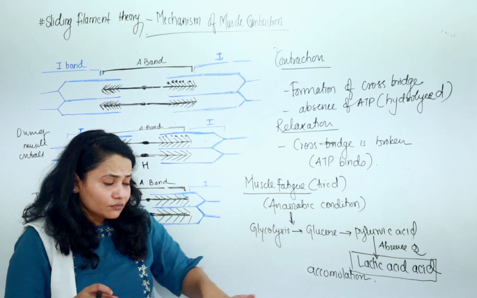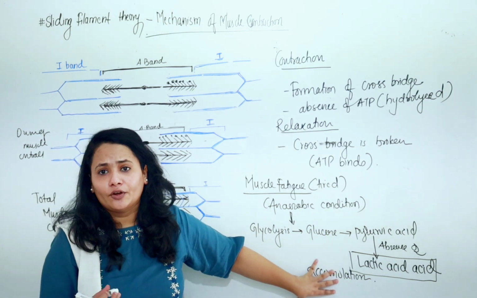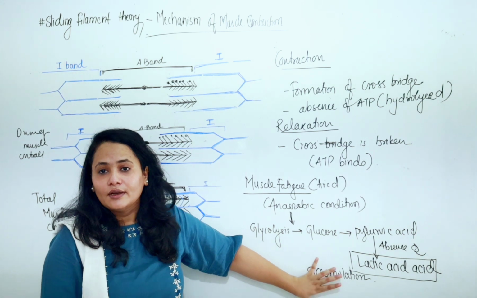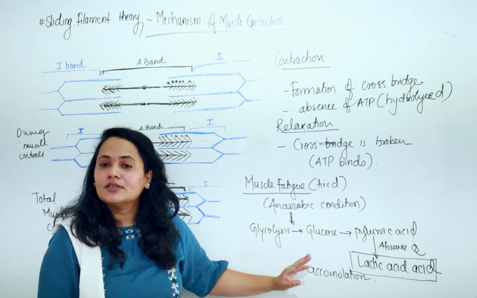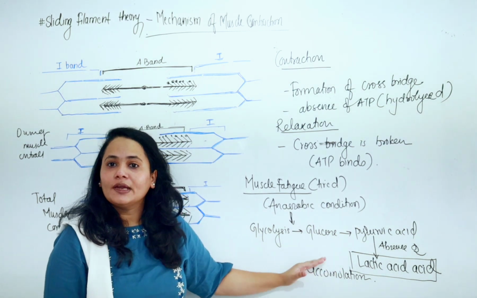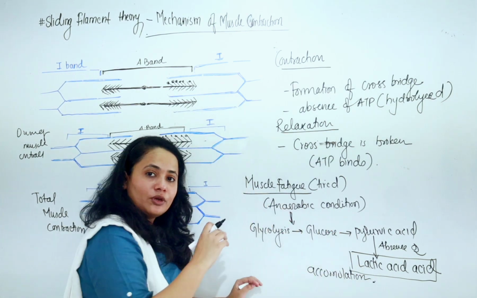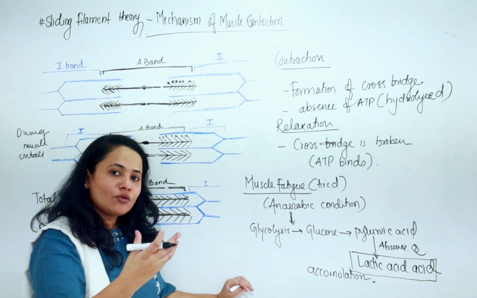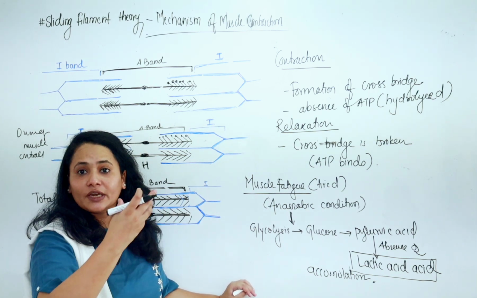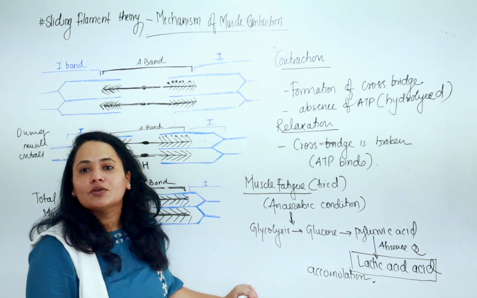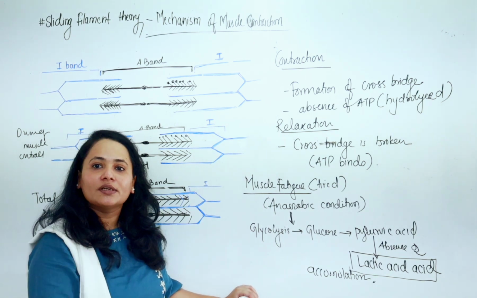So one important question can be asked over here. During muscle getting tired or during the strenuous exercise, what happens to our muscles? Lactic acid gets accumulated because there is an anaerobic condition. So as the lactic acid accumulation takes place, there is no further impulse being taken by the muscles from the nervous system, and that condition is called muscle tired or muscle getting fatigued.